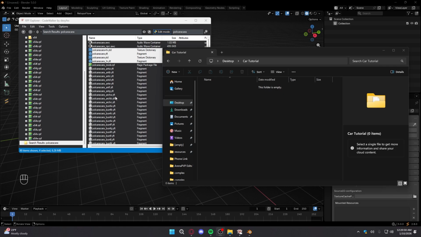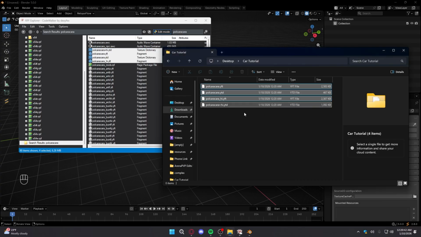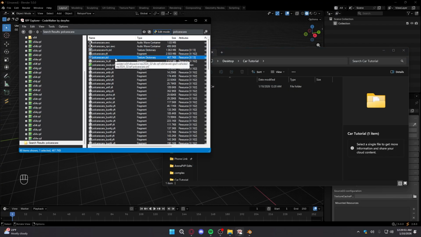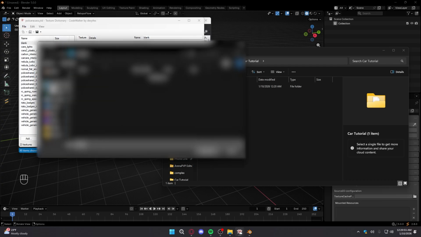It's Amply. Today I'm going to be showing you guys how to transfer meshes onto other vehicles. Today we're going to be using the police Carcera's light bar and we're going to be putting it onto an ASBO. So we're going to go ahead and take these files here from the Carcera, make a new folder, go ahead and drag them in there, and then we're going to enter the YTD, save all textures,